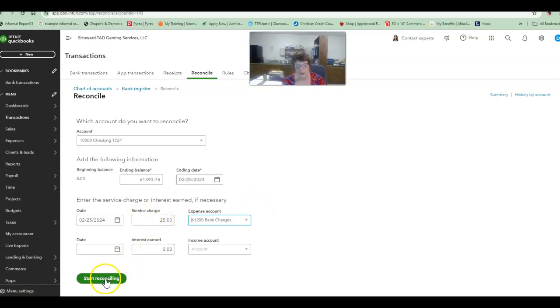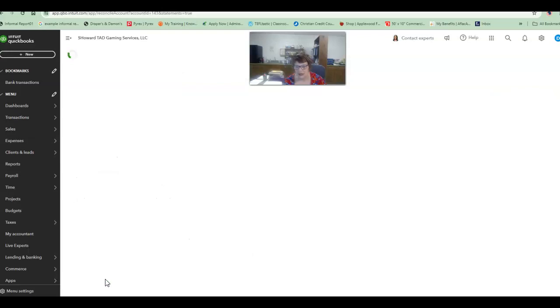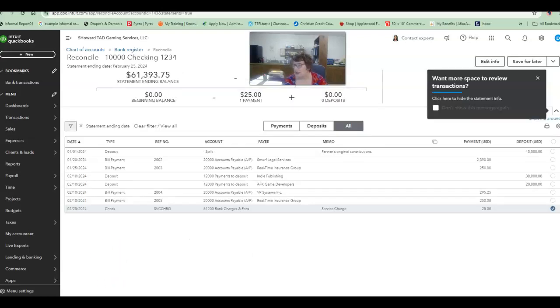All right, now we want to click on Start Reconciling. Now, the information that I've given you, there are 3 deposits that are reflected on the bank statement. There are more deposits, but these deposits are not shown. Why aren't they showing up here? Because, okay, for some reason